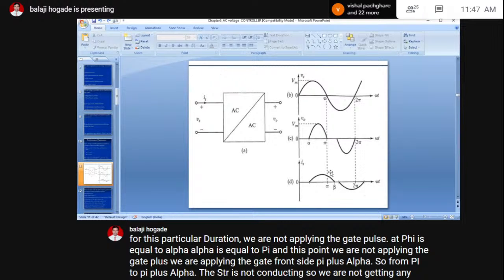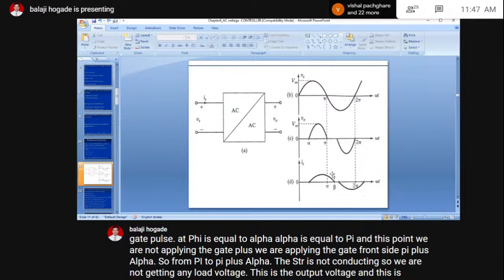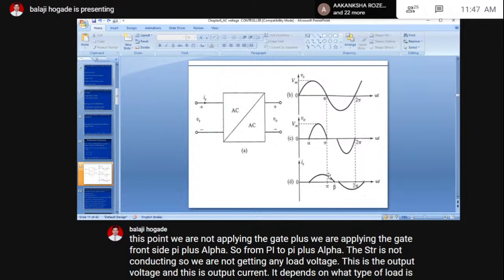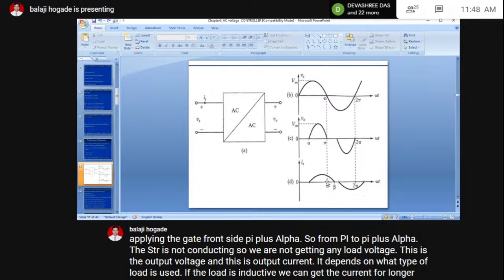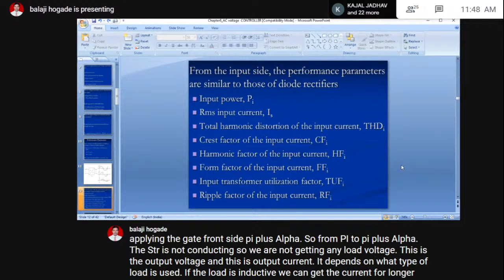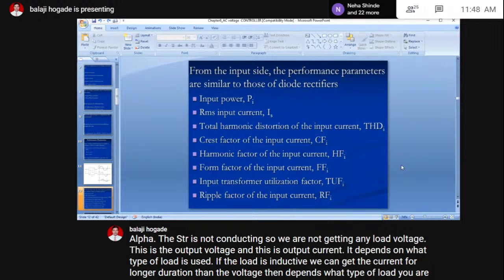It depends on what type of load is used. If the load is inductive, we can get the current for longer duration than the voltage. That depends what type of load you are using. Now different performance parameters of this AC voltage controllers are,